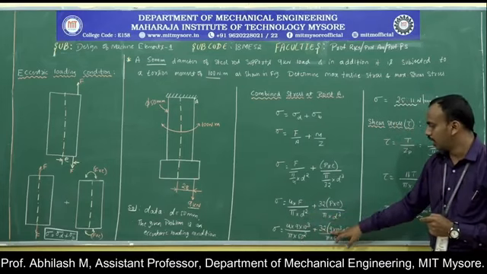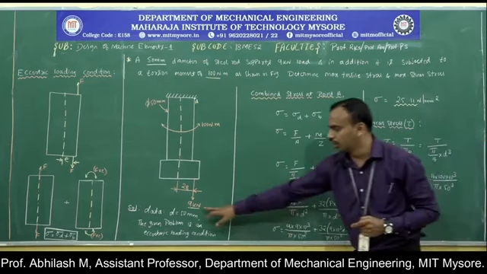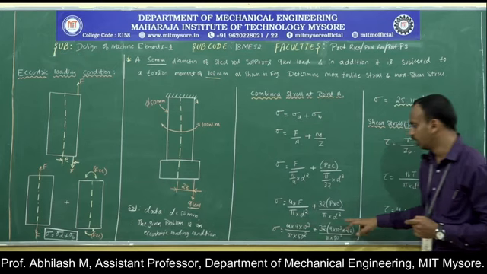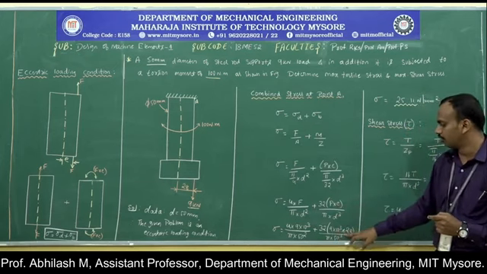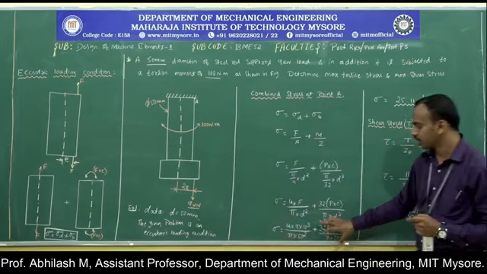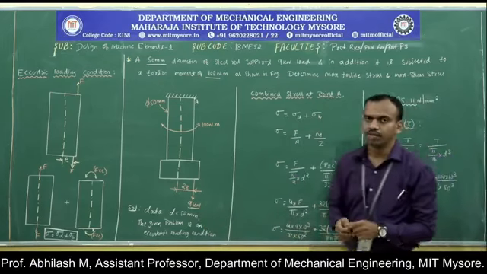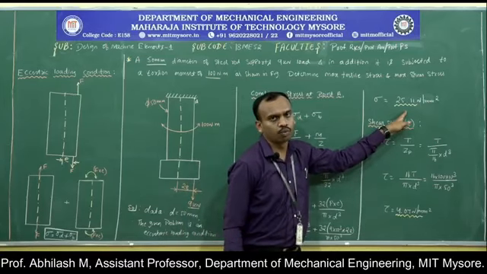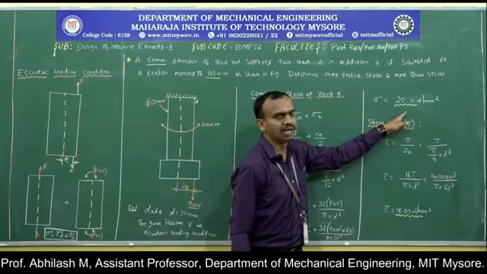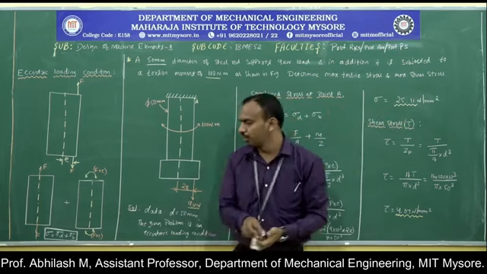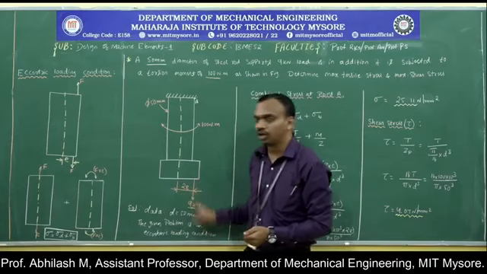Similarly, P, that is the load, is 9 kilonewton along with the eccentric distance of 28 millimeter. So P into E is 9 into 10 to the power of 3 into 28, whereas the diameter value is 50 millimeter. Now substituting all the values, we obtain the sigma value to be 25.11 Newton per millimeter square. So this is the amount of stress that is developed because of this eccentric loading.